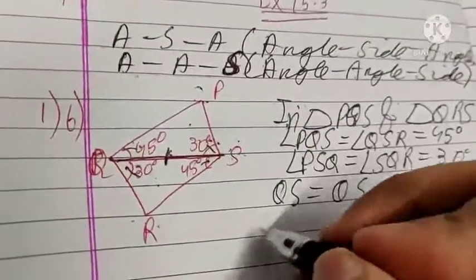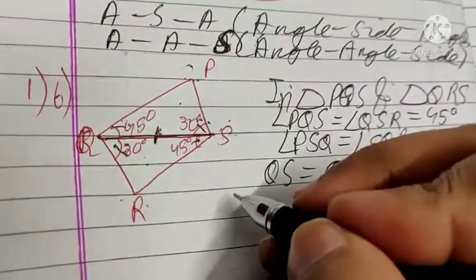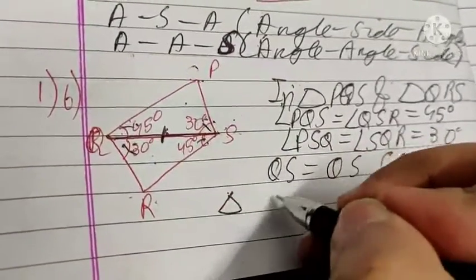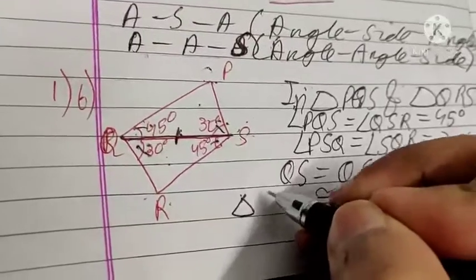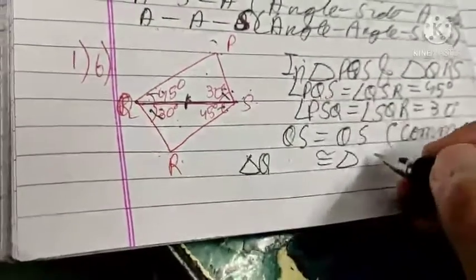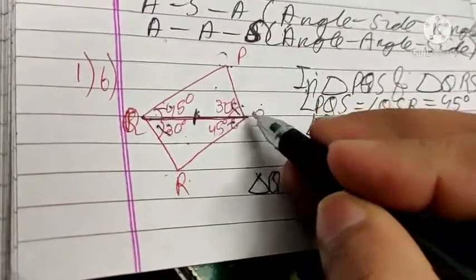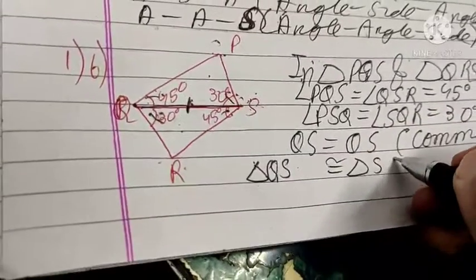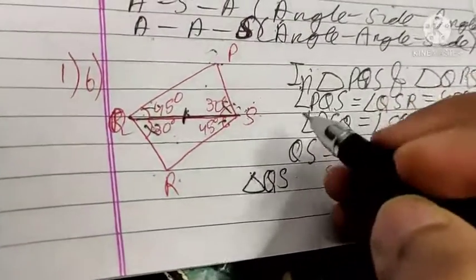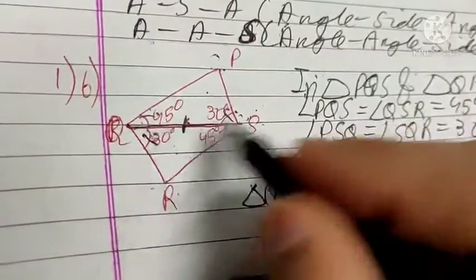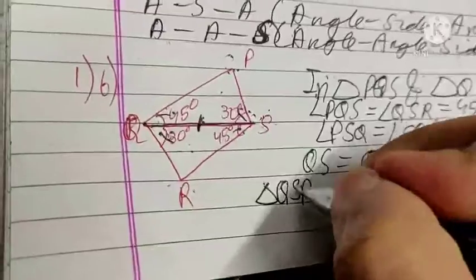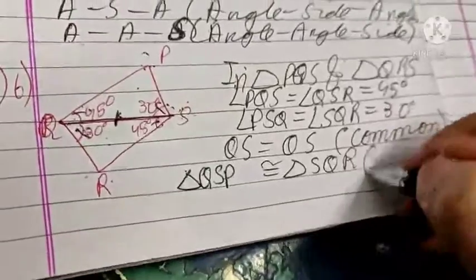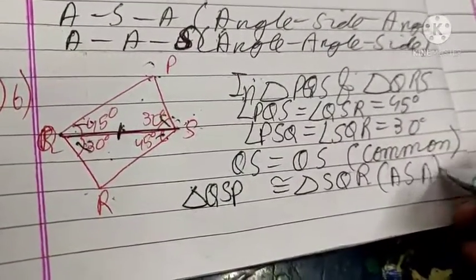Now we need that correspondence. So here, if we see this angle Q is equal to angle S. Okay, Q is equal to S, both are 45 degree. Then this S is equal to Q, these are 30 degree. Okay, and then this QS is equal to QS, common side, in front of QS is P and in front of QS is R. So this is our correspondence. Okay, this is by ASA criteria.